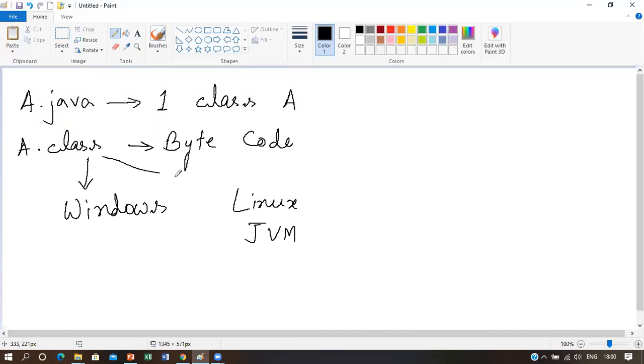Similarly, if you take this .class file to some other environment, say Mac OS, the JVM must be installed in order to run the .class file, because we know that bytecode can only be interpreted by JVMs. That means on all three platforms this .class file can run, provided that the JVM is installed. That means the JVM version will vary depending on the platform, but the .class file will